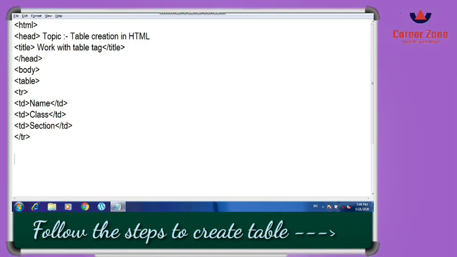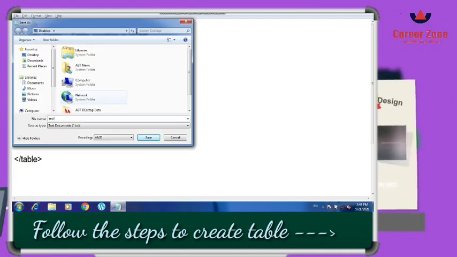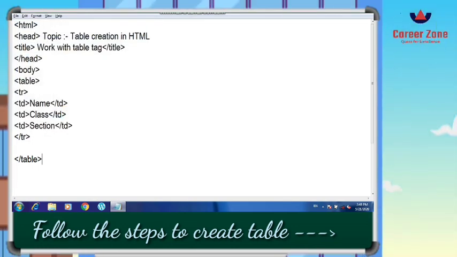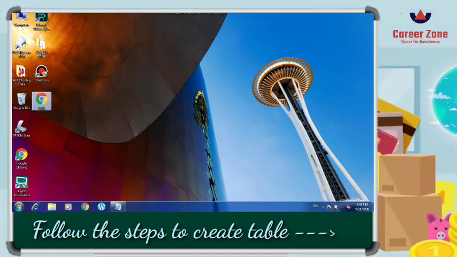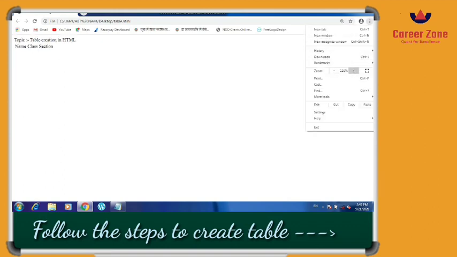I'll show you how it is going to create the first row. As many rows as you want, you have to open the tr tag that many times, and then you have to close it. So first of all I am going to close the table tag here, and the body and HTML tags I have already closed. I'll show you how the first row has been created, and after that we will add more contents within the table. So let us save this file with the name table.html on my desktop, and then I'm going to show you how the output comes. Now let's see.